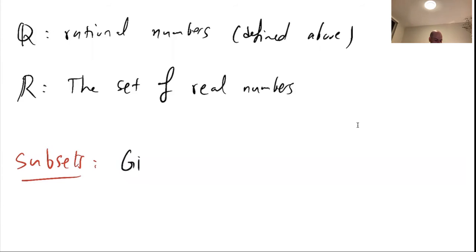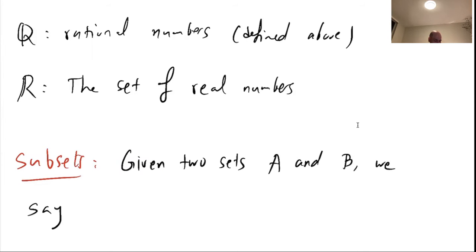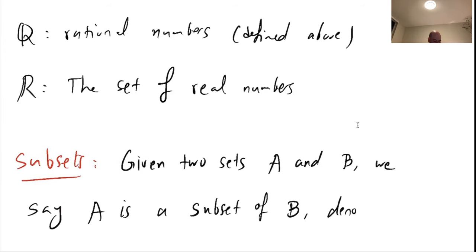So given two sets A and B, we say that A is a subset of B, denoted by,